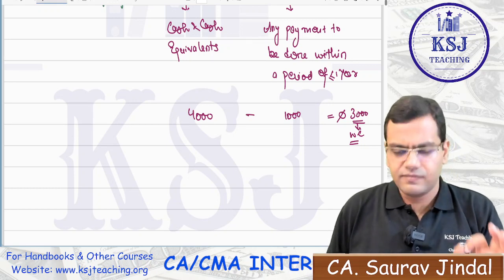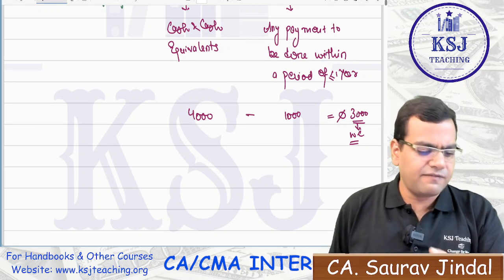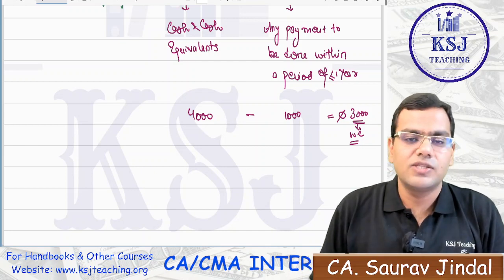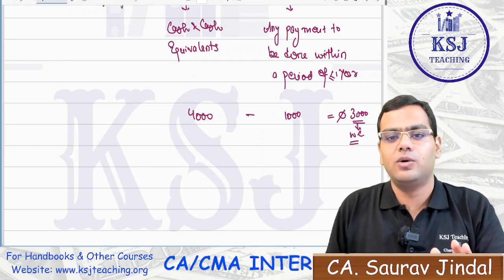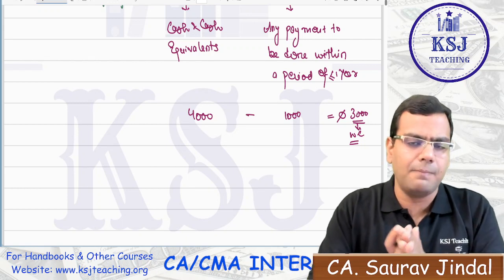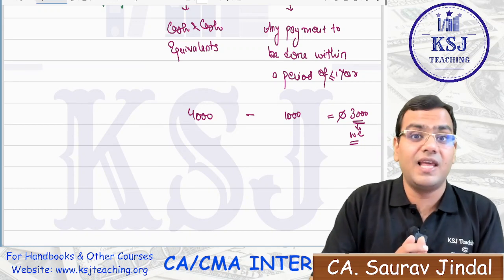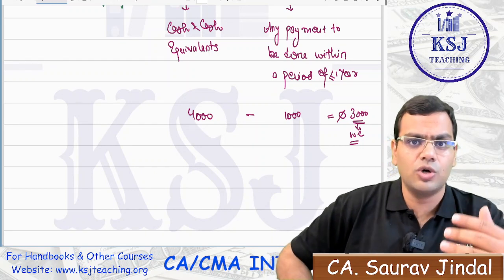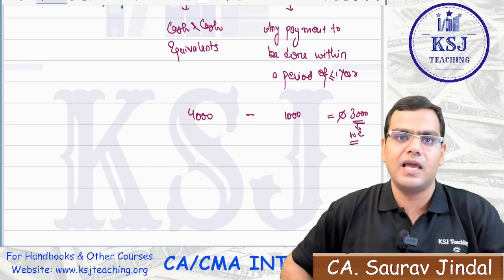Clear? This is very simple language, that after paying off your current liabilities, something should be there in your pocket so that you are able to meet your day-to-day expenses. Let's take a very simple example. Another example, sir, you have 10 lakh rupees in your bank account and you want to buy a car. You go to the showroom, you select a car worth 10 lakh rupees, right?